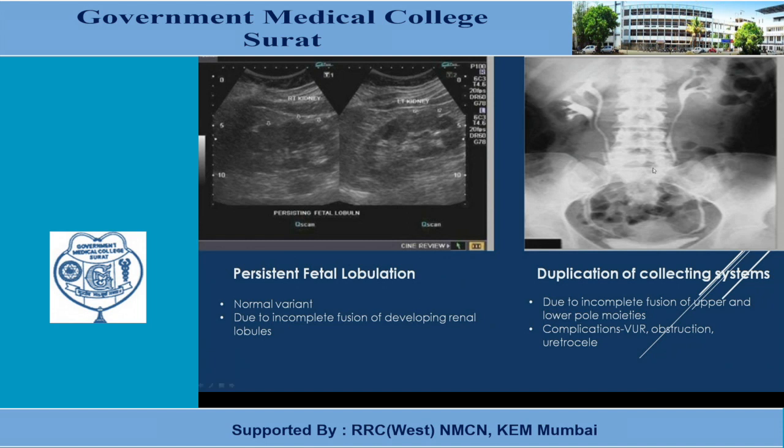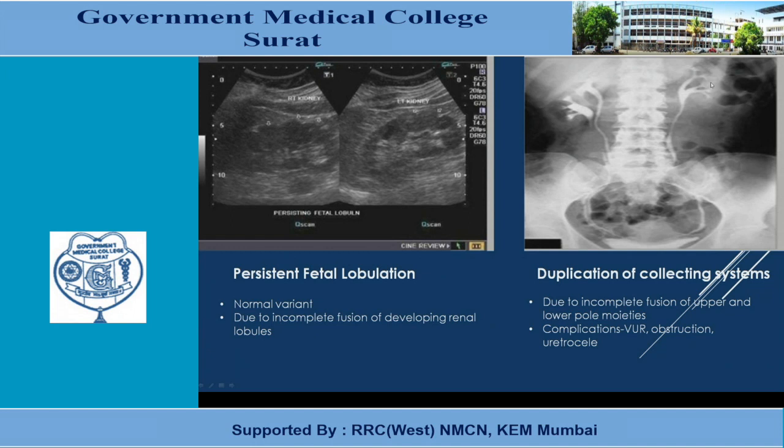Now this is the X-ray urography study showing the duplex collecting system. You can easily visualize that on the right side, the upper moiety has a separate renal collecting system, renal pelvis and ureter, and the mid-lower pole calyx also has a separate collecting system, but both are draining separately by the double ureter into the urinary bladder. This is called the duplication of collecting system on the right side.